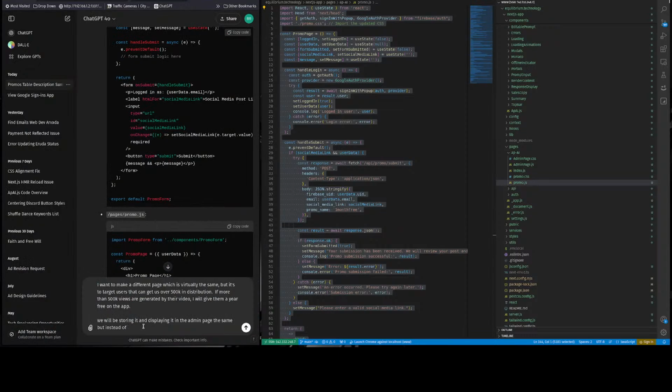We'll be storing it and displaying it in the admin page the same, but instead of 1 month free,